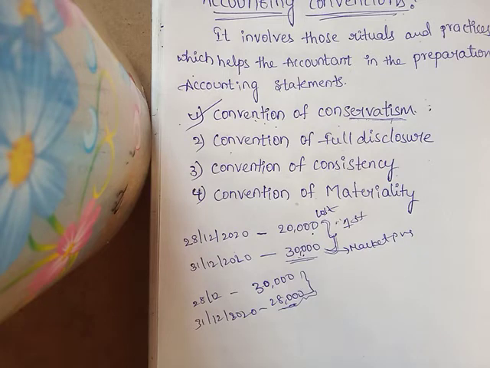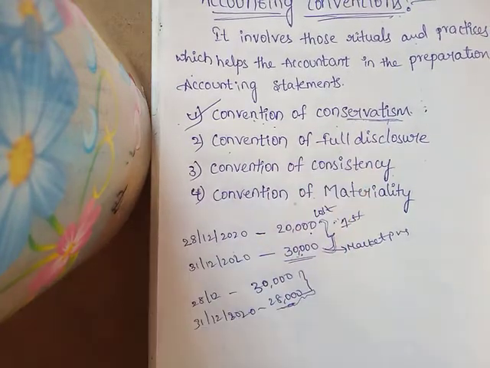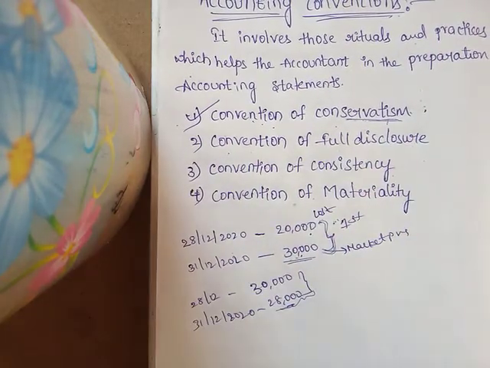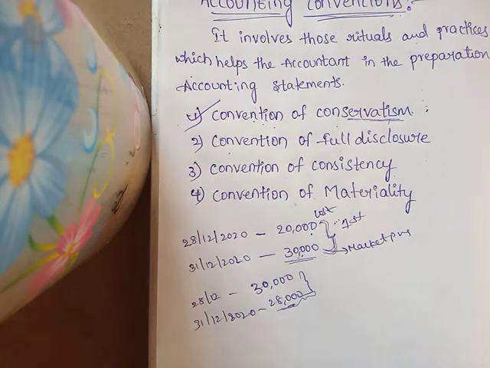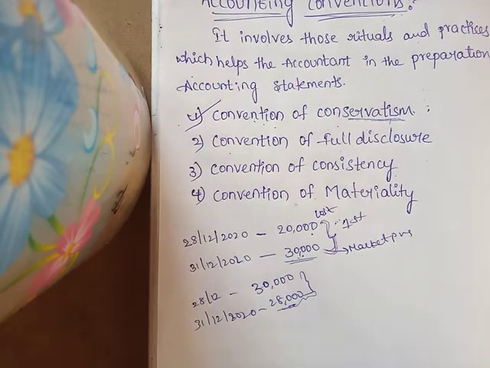The financial statements must provide complete and true information about the company. They must not give any false statements or false information. So, according to the convention of full disclosure, the financial statements must provide complete and true information about the company, and they must be prepared in accordance with the laws so that they can be